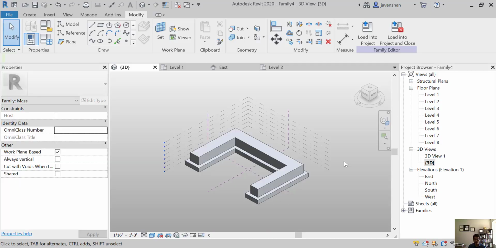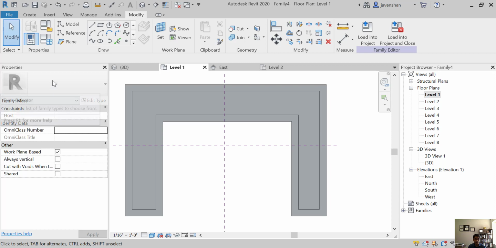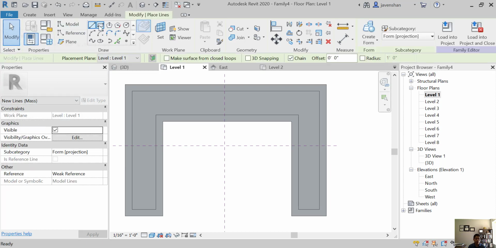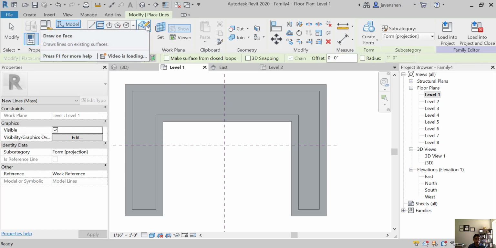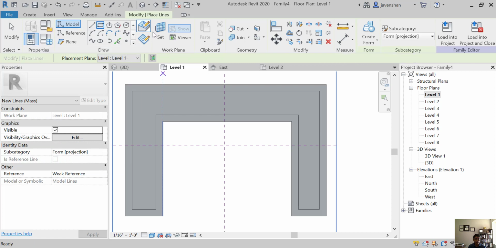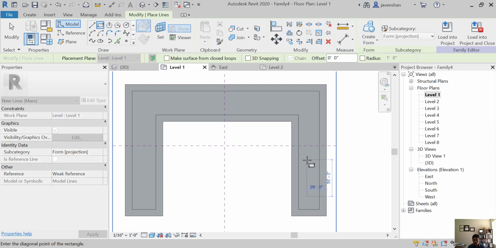Next, I'm going to create an entrance on this side of the wall, and also I would like to create a tower on top of this current model. So first, let's activate level 1, and I'm going to create a profile model, and I'm going to use this rectangle, and I'm also going to draw on the surface. That's my starting point, and